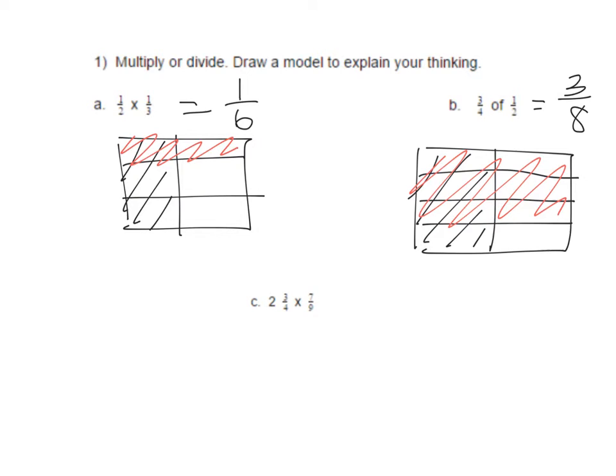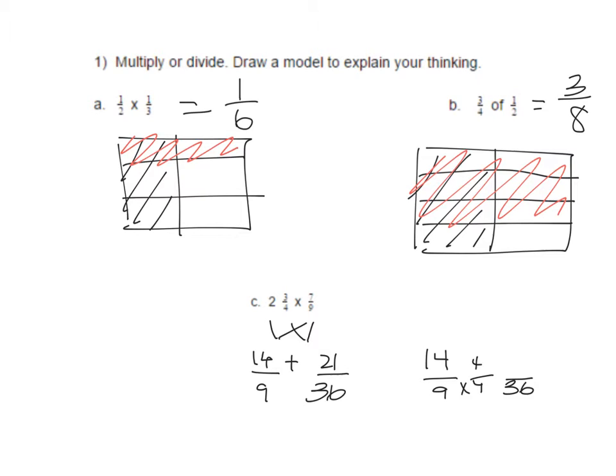Now, in order to do C, we have to do one of two different things. We either have to multiply the whole number times the fraction, and then the fraction times the fraction, and add them together. So let's do that first. 2 times 7/9 is 14/9, and 3/4 times 7/9 is 21/36. Now we have to change to common denominators, so we need to change 14/9 to a common denominator by